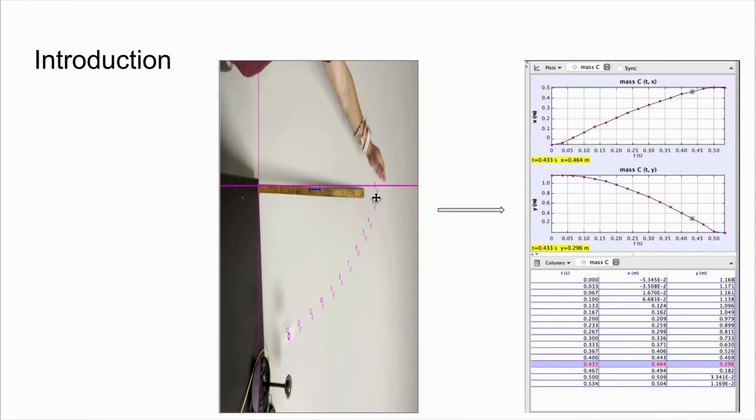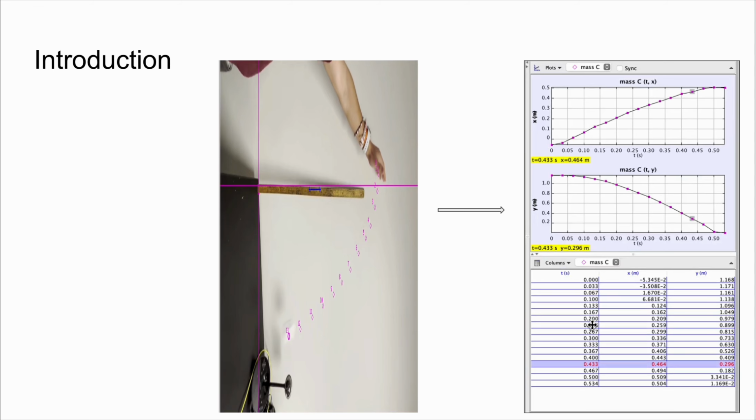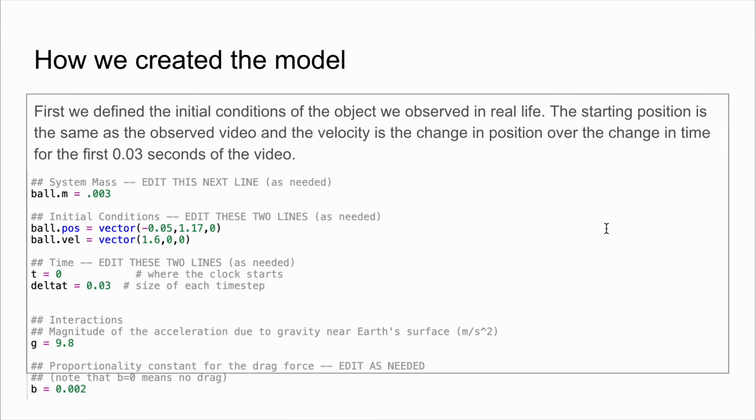So this is just a quick look. Right here we have the real life data that we tracked, and this is what it looks like in CSV form. And yeah, so how we actually created that model. So we took this original data right here, and from that